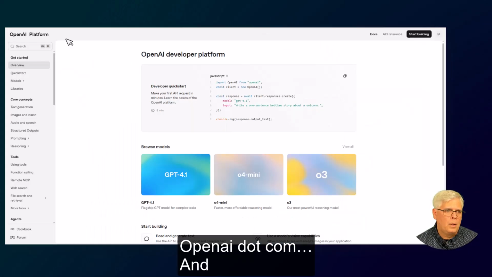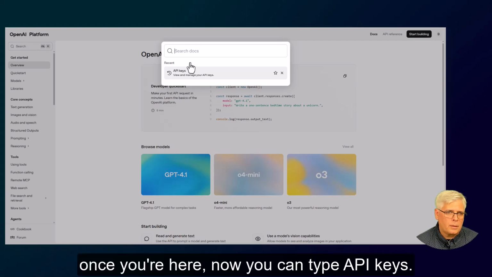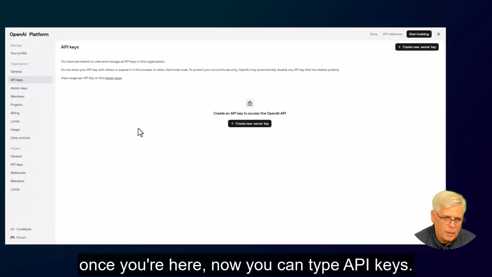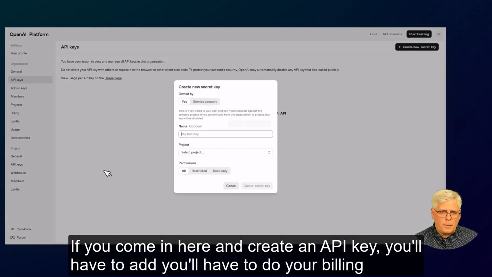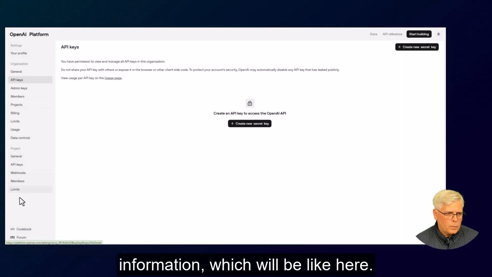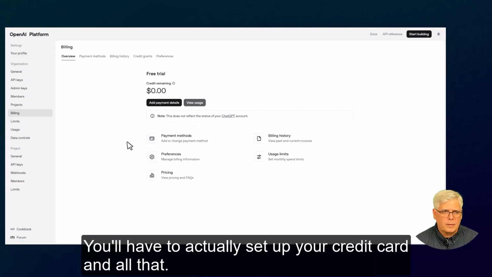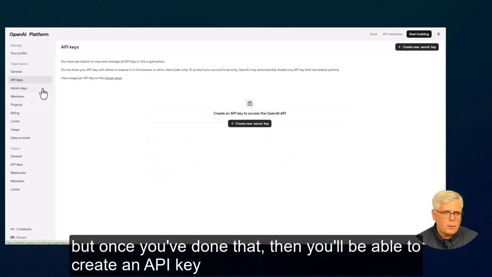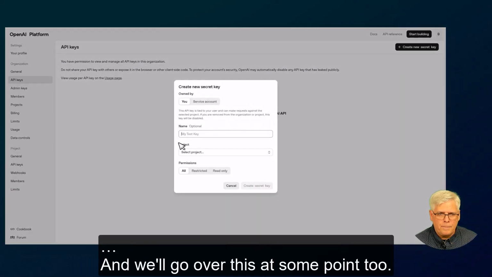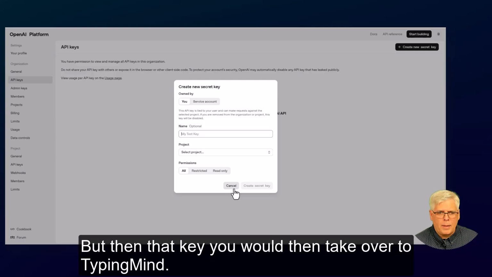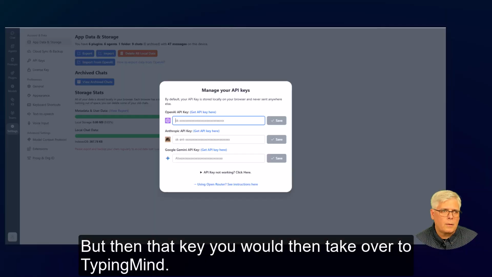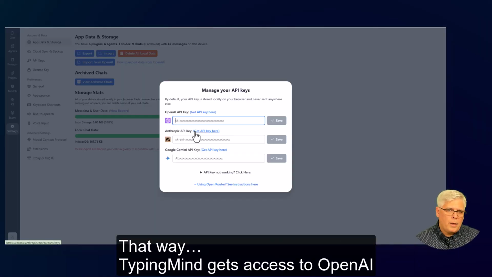That's going to be platform.openai.com. And once you're here, now you can type API keys. If you come in here and create an API key, you'll have to do your billing information, which will be like here. You'll have to actually set up your credit card and all that. But once you've done that, then you'll be able to create an API key. And we'll go over this at some point too. But then that key you would take over to TypingMind, and that way